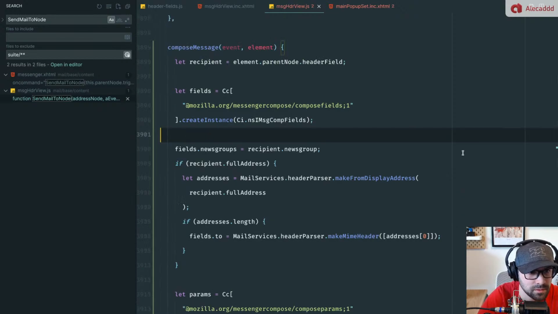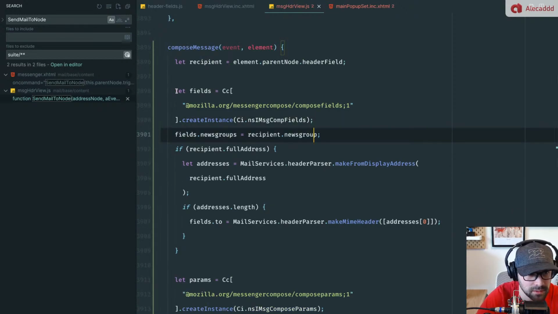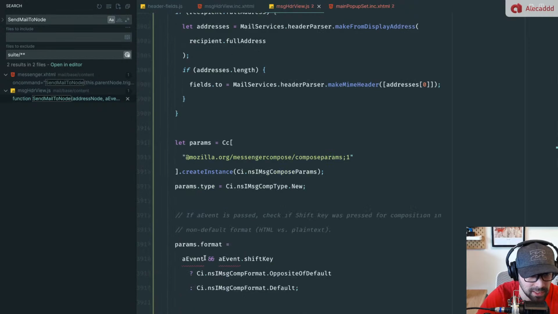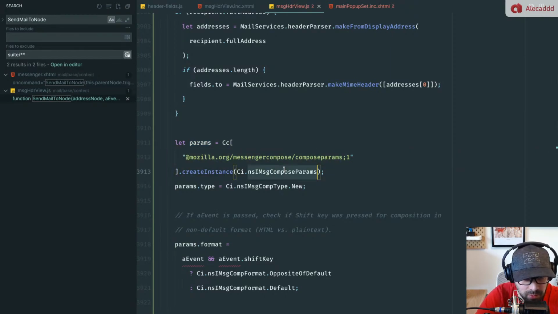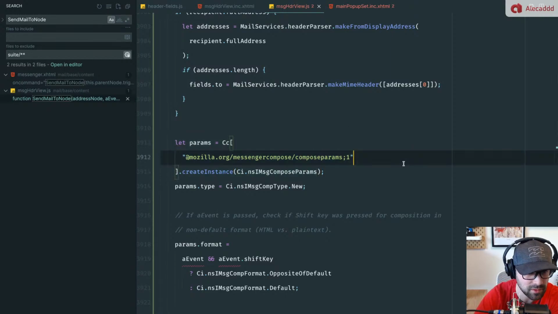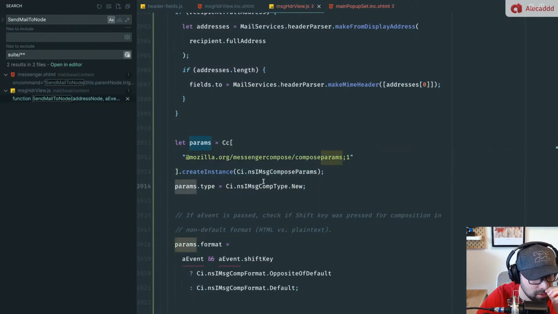Always create the variable when you use that variable. Don't create the variable at the top of the file if you're gonna use it later. It gets very confusing to read the code. So we're gonna create the parameters, which is an instance of the nsIMsgComposeParams. All these composition window things, this is C++. All these things, we're gonna drop them and just do regular JavaScript. But we're gonna compose a new message if